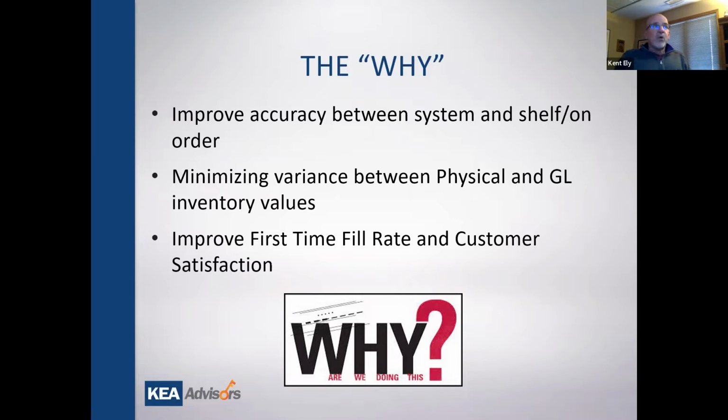The next piece of the why talks about minimizing the variance between our physical and our general ledger inventory values. Certainly we have a fixed amount of cash that we can invest into our inventories. And we need to make sure that what we say in parts we have is what accounting says that we have. And that there's no surprises when we get to that year-end physical inventory. And finally,